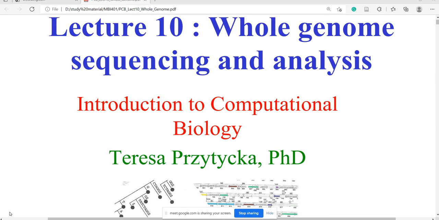Euchromatin DNA is accessible to proteins, meaning enzymes, and it is available for reading. So euchromatin DNA is used for transcription and to make proteins. Heterochromatin DNA is found in the condensed, coiled form, so it is not accessible at that moment.